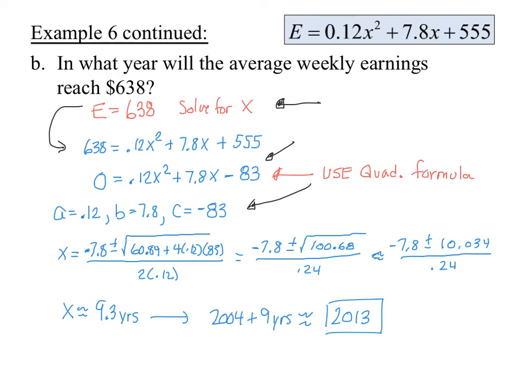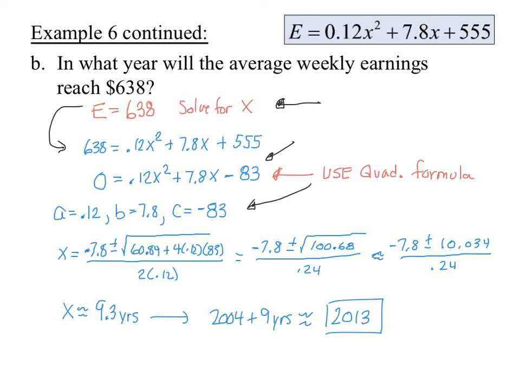And you'll notice that the negative went away because we had a negative 4 in the quadratic equation, divided by 2 times 0.12. So now we have negative 7.8 plus or minus the square root of 100.68 divided by